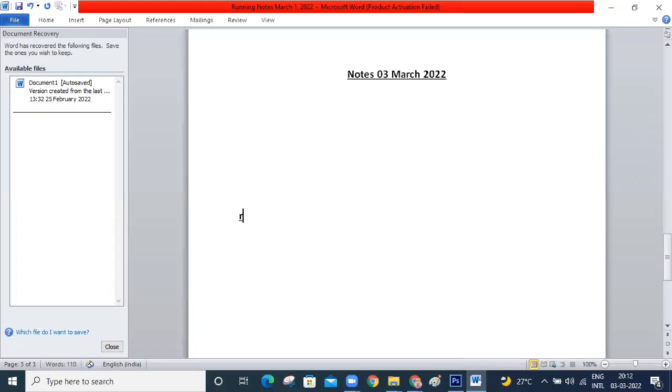Crop tool shortcut is C. And to transform an image, Control T is the shortcut key. Control plus T to transform.